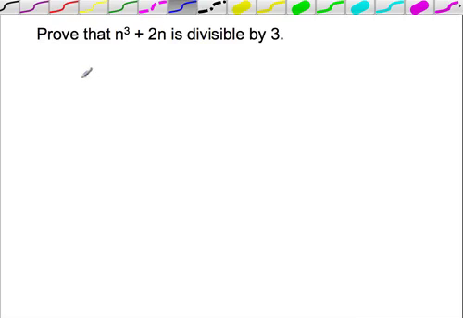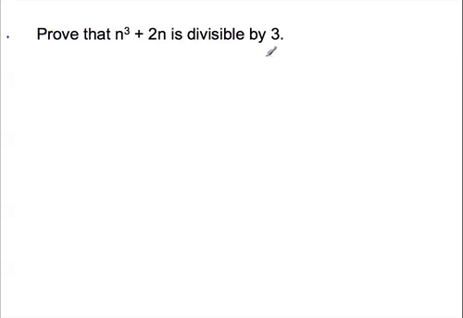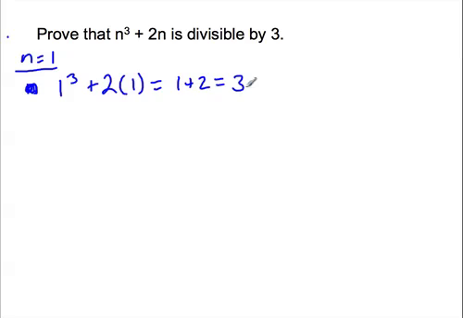First one, we're going to prove that n cubed plus 2n is always divisible by 3. So you start off with your initial case for n equals 1. So we're going to show that it's true for n equals 1. If n equals 1, we have 1 cubed plus 2 times 1, which equals 1 plus 2, which equals 3. So obviously this is divisible by 3, so therefore it's true